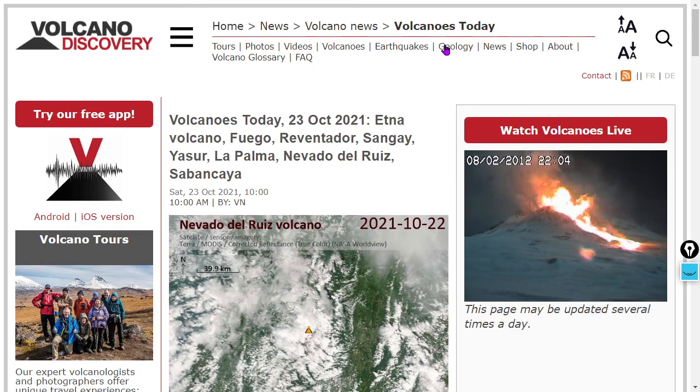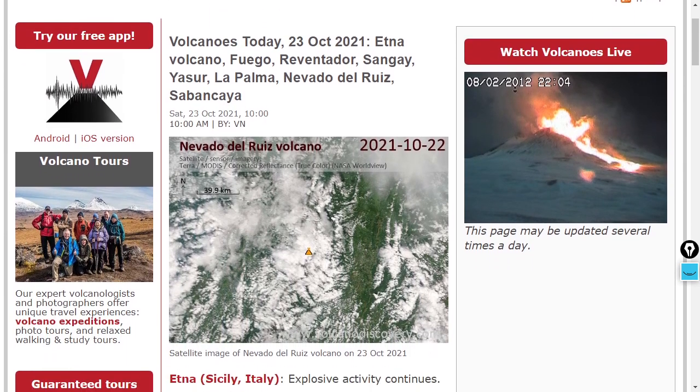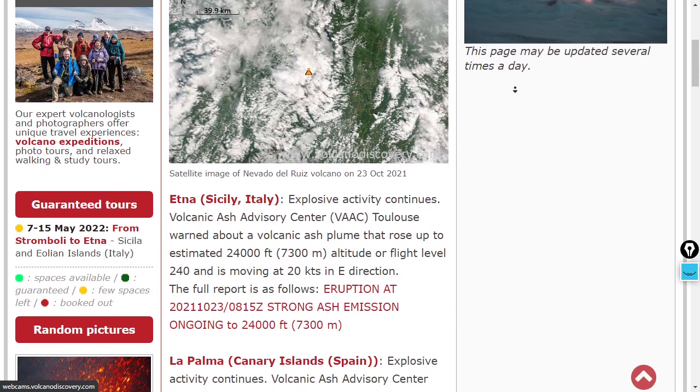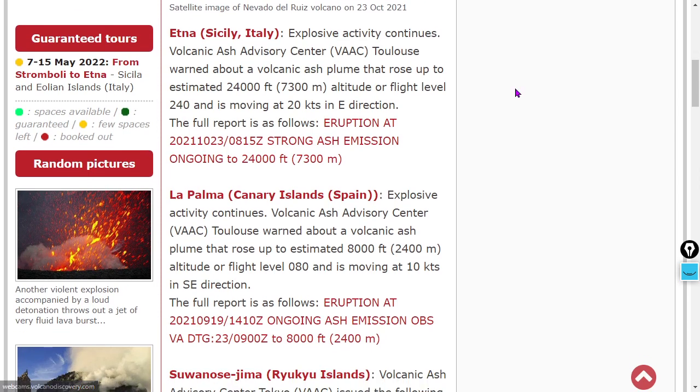And continuing on to volcanism. What's erupting? You're asking? Well, we're telling. Nevado del Ruiz, certainly on the list. Let's start out with Etna. Major uptick at Etna as it explodes, a 24,000-foot ash plume from the Sicilian volcano. That's an uptick at Etna. La Palma